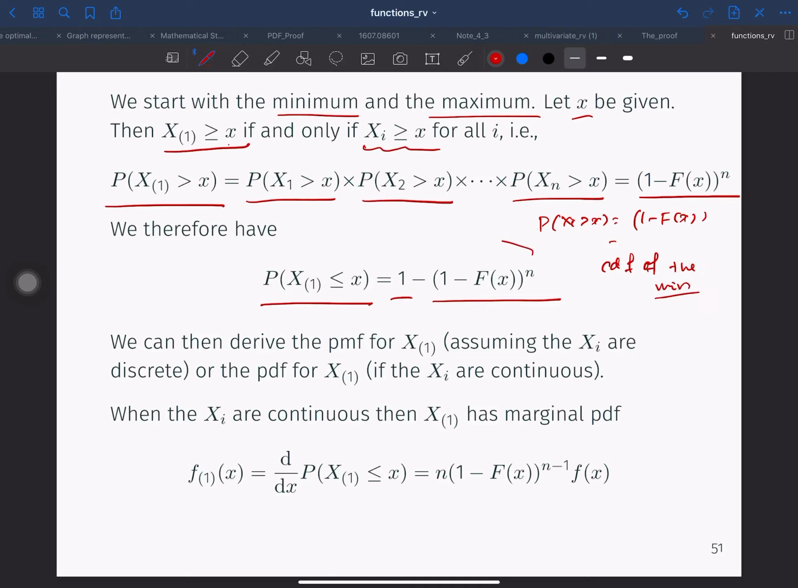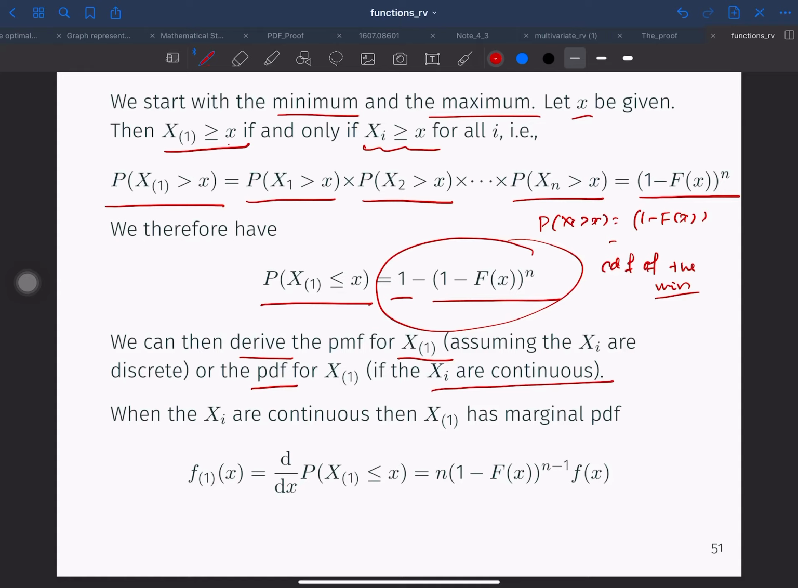So we know that this formula here is valid even for the discrete case. So we can derive the PMF for the minimum if it is discrete, or we can also derive the PDF if the Xi are continuous. Generally speaking, for other statistics, the continuous case is easier because you don't have to worry about ties, and because you can take the derivative. So usually, when you look at section 6.7 of your textbook, they will always focus on the continuous case, because